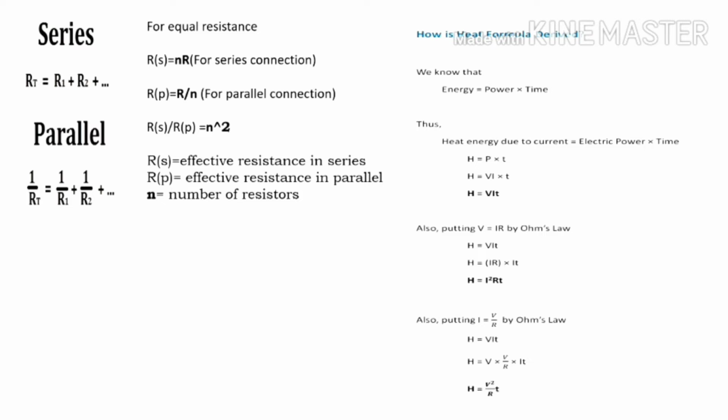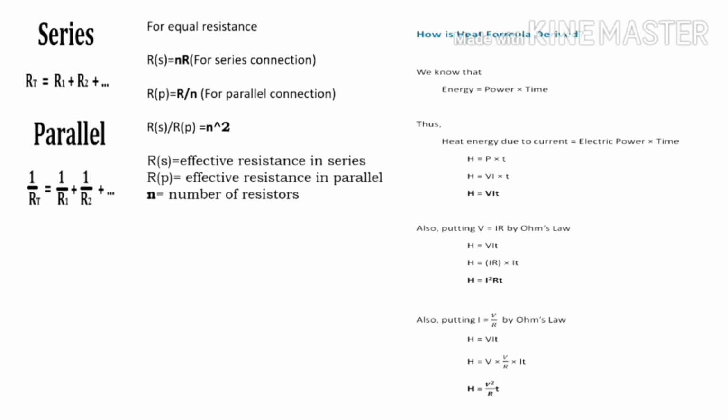After that, we calculate the equivalent resistance in series. You already know in series the electric current I is constant. So we get the result, the equivalent resistance Rs equals R1 plus R2 plus R3 and so on. In parallel, remember, the current is changed, but the potential difference remains constant. V is constant, but I is changed. We get 1 by Rp equals 1 by R1 plus 1 by R2 plus dot dot dot.